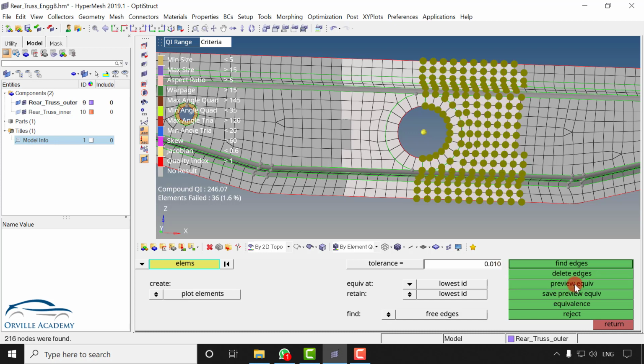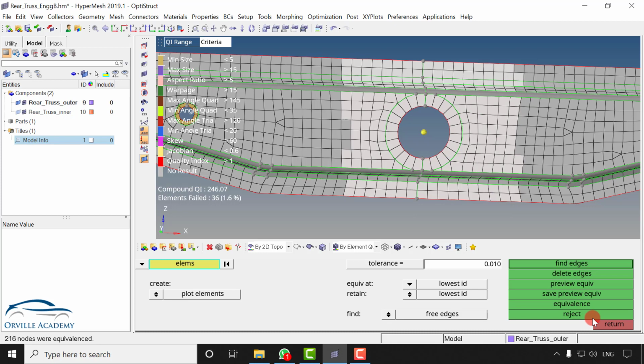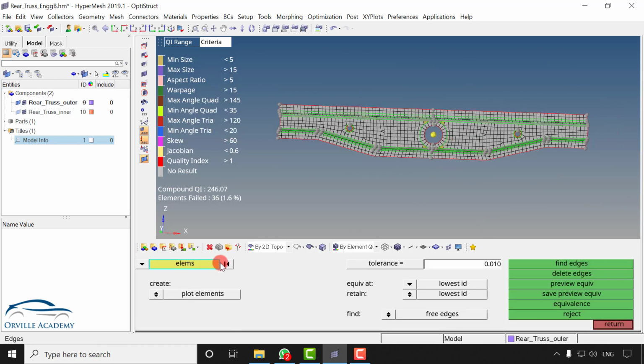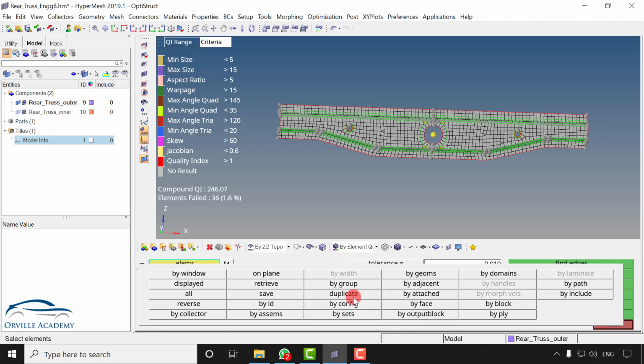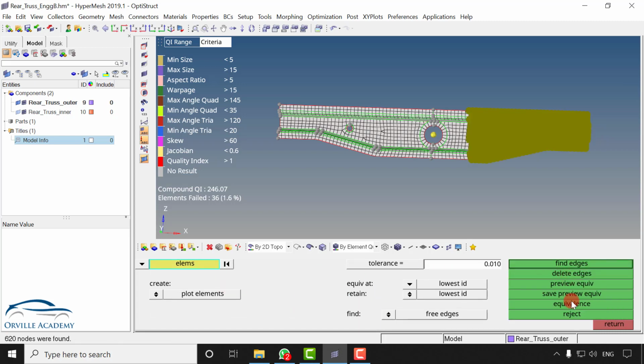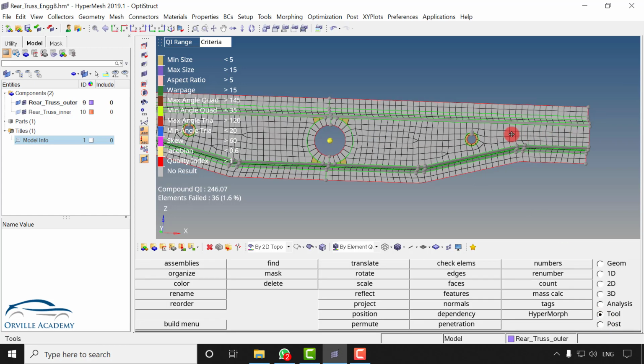So here I will go for preview equivalence, and you can see all these portions are not connected. So let me say equivalence. Not only that, one thing that I can do is I will go for shift F3, displayed all the elements. Here I will go for preview equivalence and just say equivalence, and let's say return. Now all the nodes are connected.